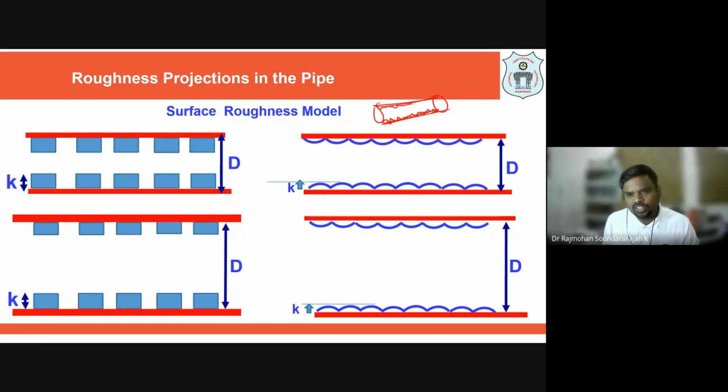Will it come on the outside? No, because the fluid is flowing only inside the pipe. Outside the pipe, maybe due to exposure to different environments, corrosion can take place, but usually it will be painted and well maintained, right? But inside you cannot go in every day and clean things, right? So usually there are certain mechanisms involved to keep these pipes smooth.